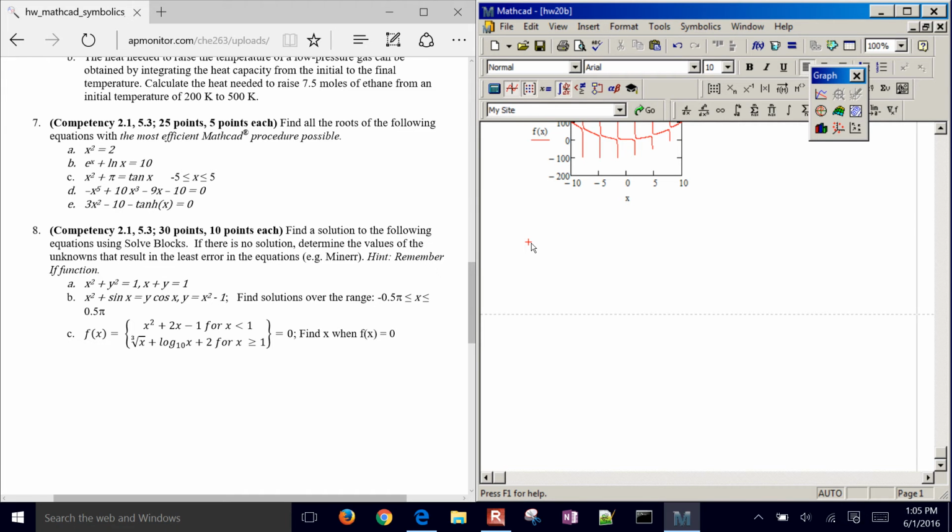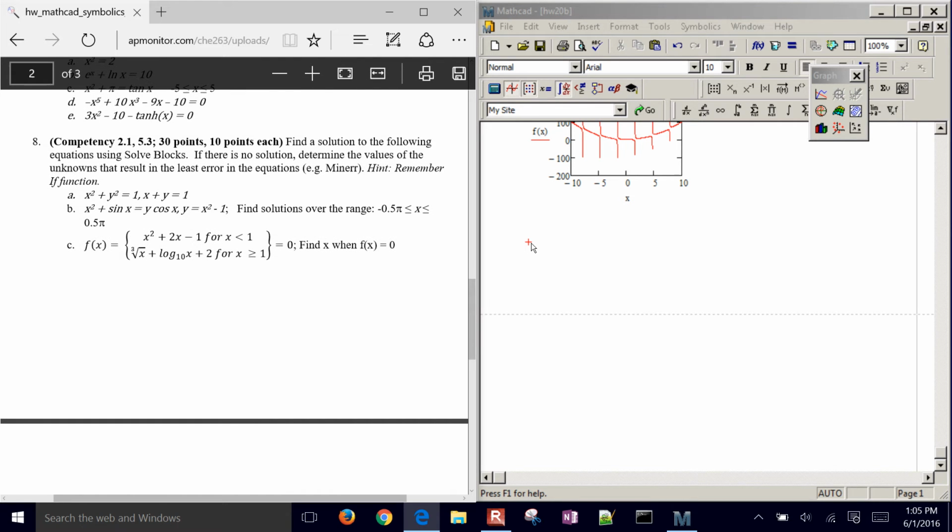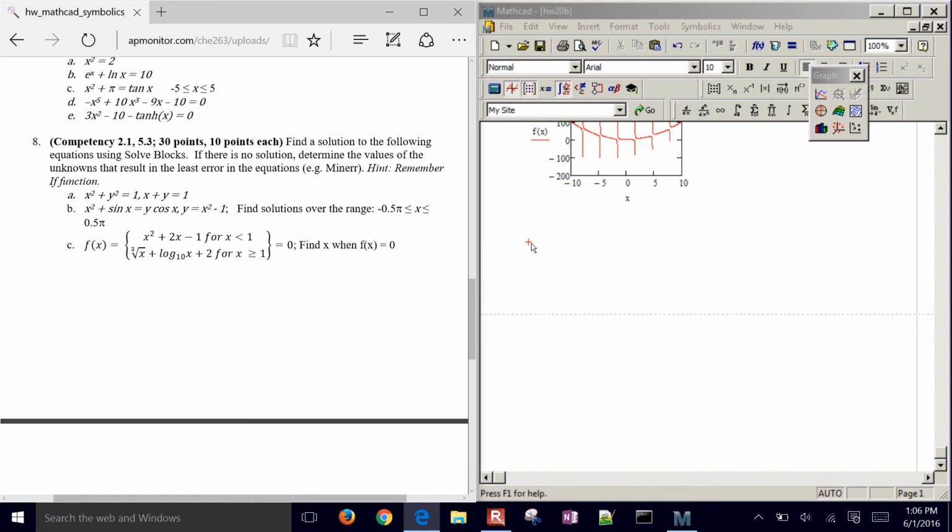I'm going to go down to 8. We want to find a solution to the following equations using solve blocks. If there's no solution, determine the values of the unknown that result in the least error in the equations. You will use the min error instead of the find. Remember the if function, that's going to be in part C. Alright, so let's do,